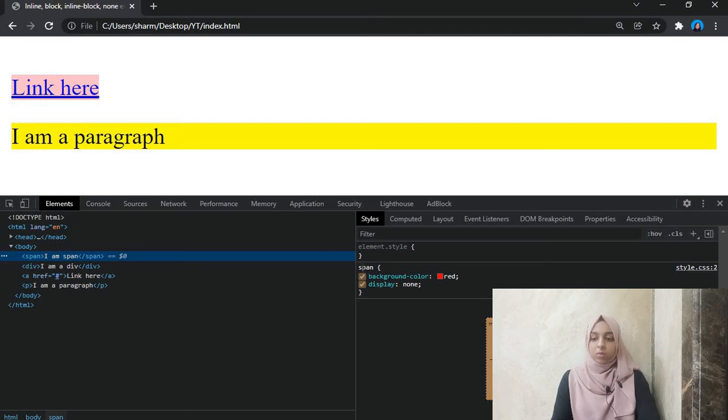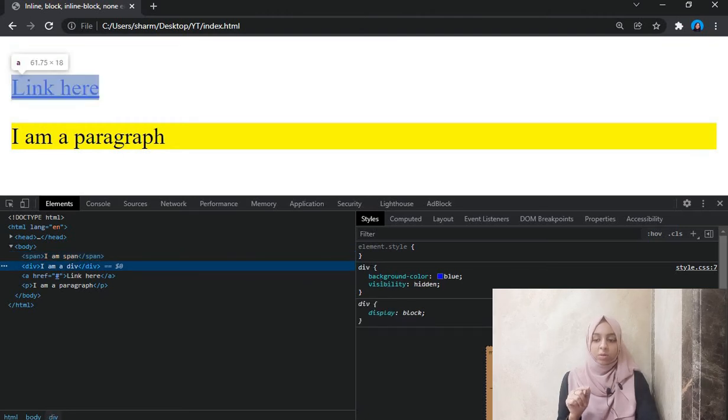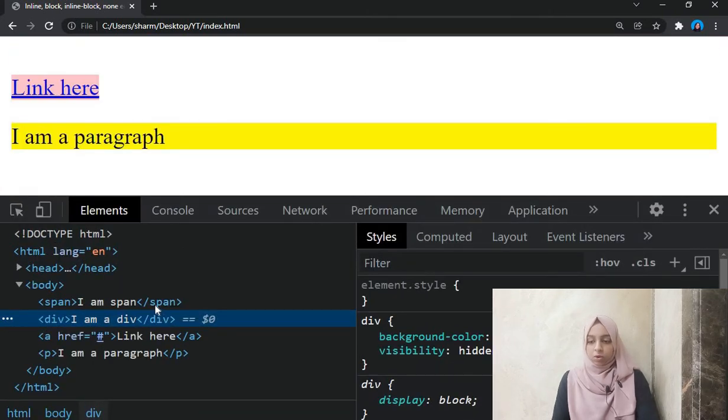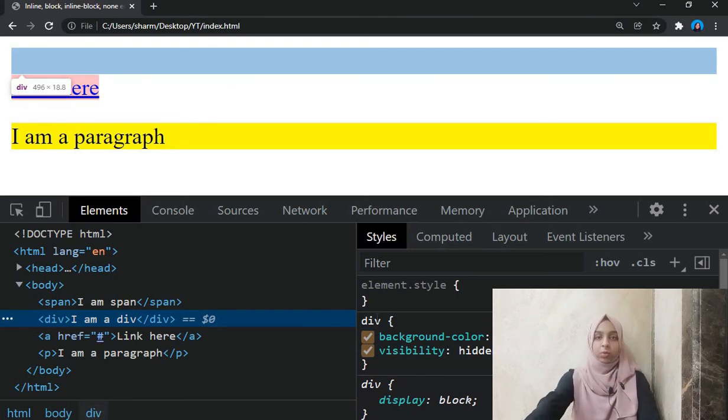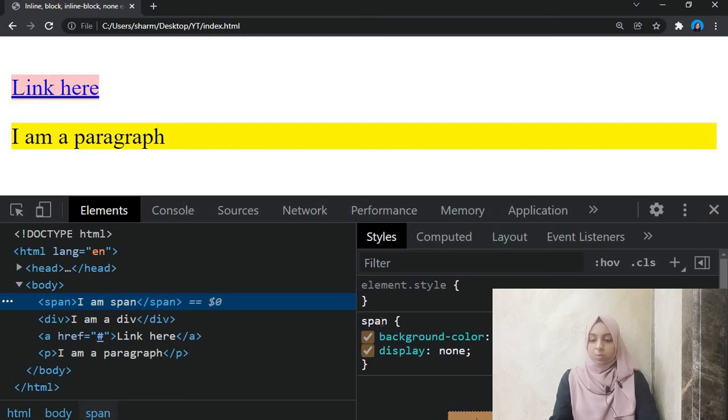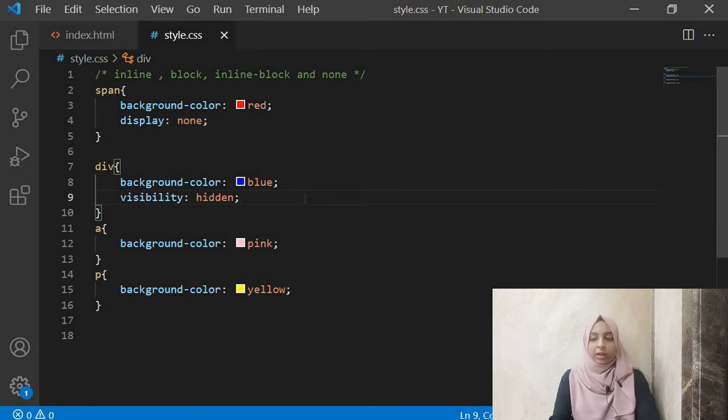And here, can you see when I hover over it, you cannot see it anywhere on the page, so it goes outside your document. But when you give it a visibility of hidden, it is still there on the page, but its visibility is hidden. So it will take up the space, but it won't show up in your document. Alright, so this is how it works. The visibility hidden element, you can still see it over there, the blue color mark. And the span is display none. You cannot see it anywhere on the page. So yeah, visibility hidden is not a part of our topic, but people usually get confused between display none and visibility hidden, so I thought this should be mentioned as well.